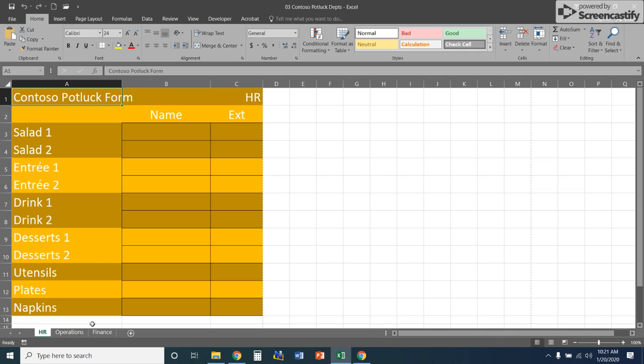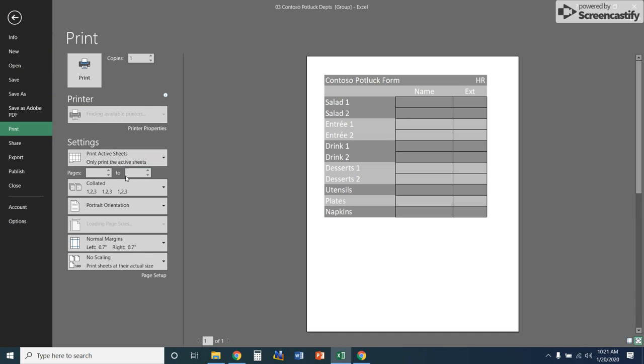we can use our Control key. We go down here, and maybe we want to actually print HR and also Finance. So Control, click on Finance, and you should have both of these selected. Operations is not selected. Now let's go back to File, Print, Print Active Sheets, and down here it should say